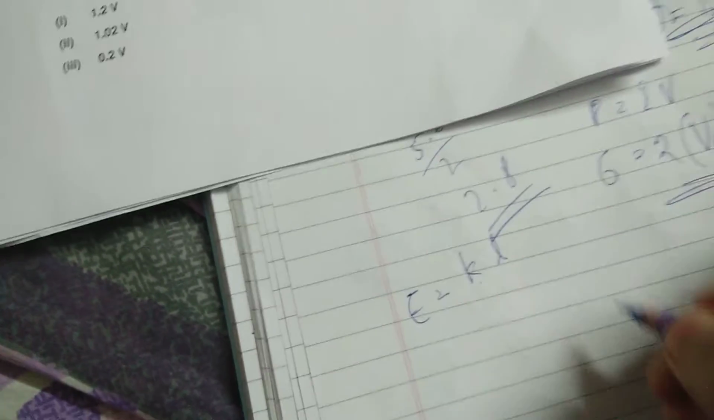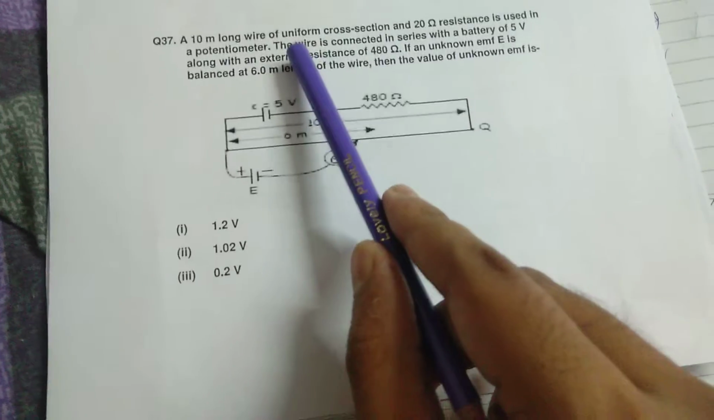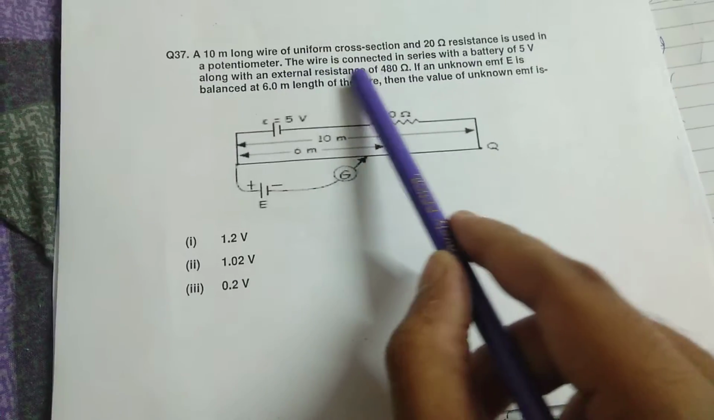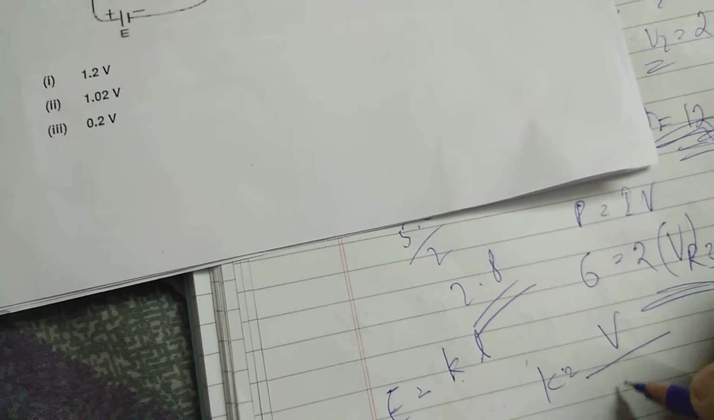So K is the potential gradient. Potential gradient means the voltage of wire they've given. The wire is connected in series with 5 volt along with the external resistance of 480 ohm, plus the 20 ohm resistance. So K will be voltage over the length of the wire. So basically,